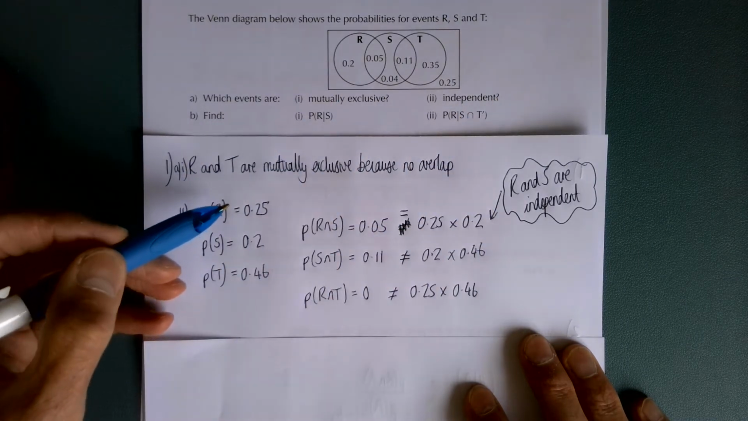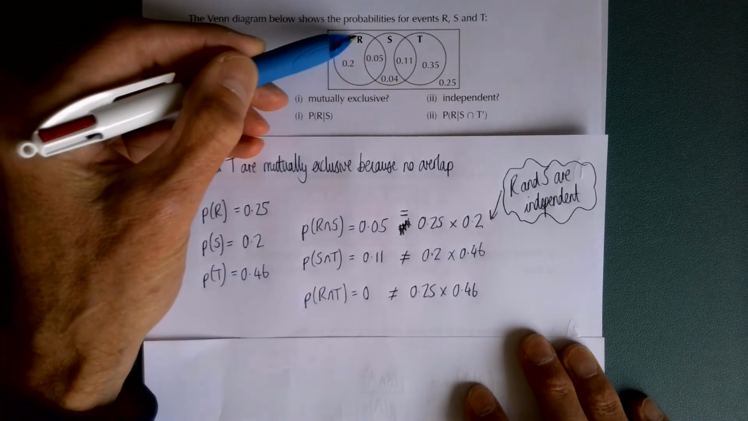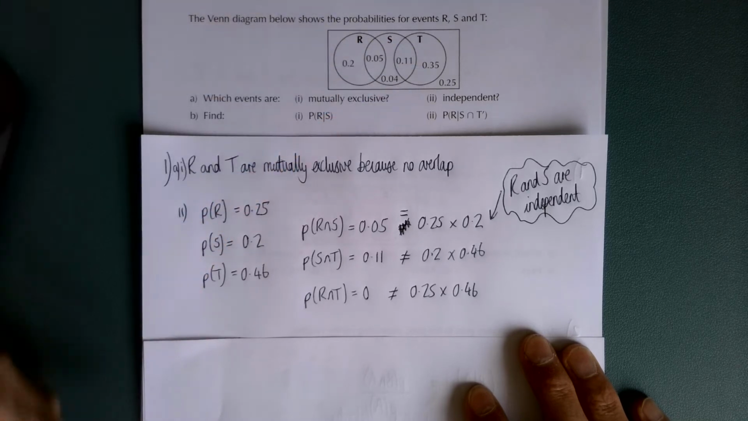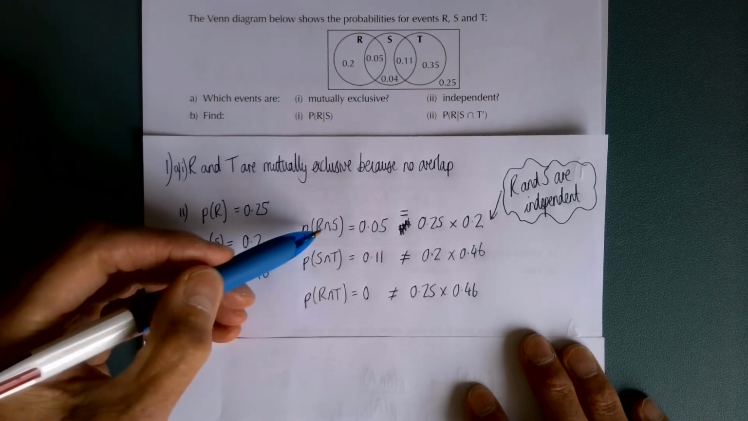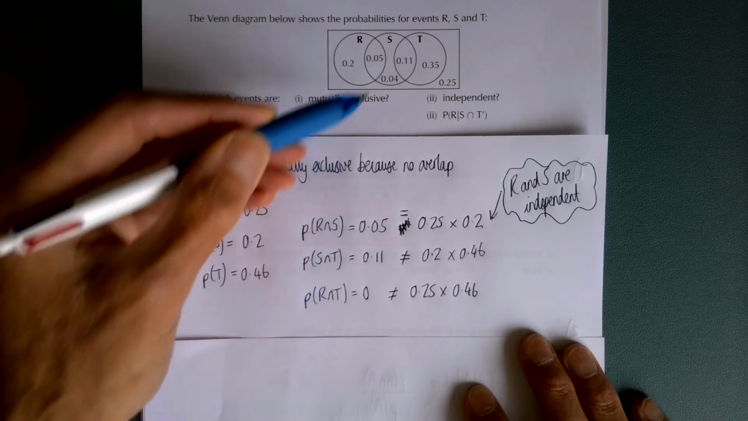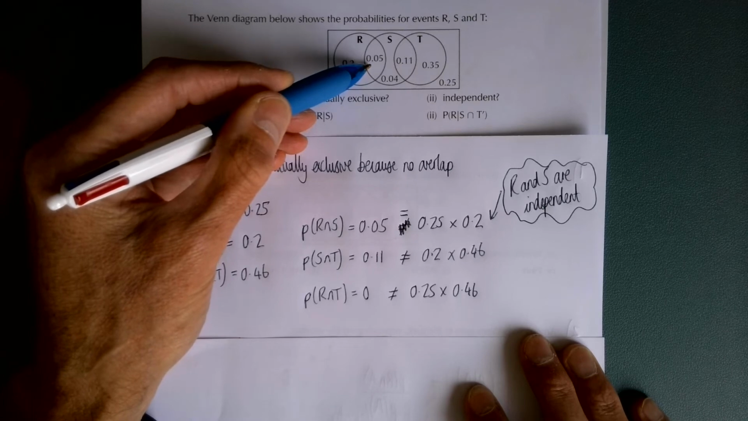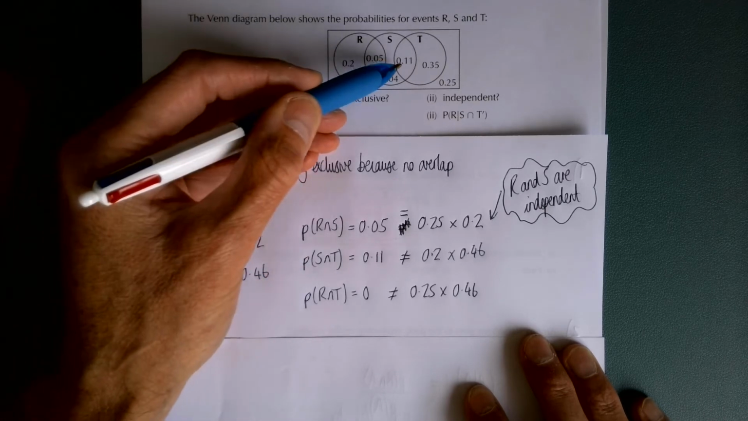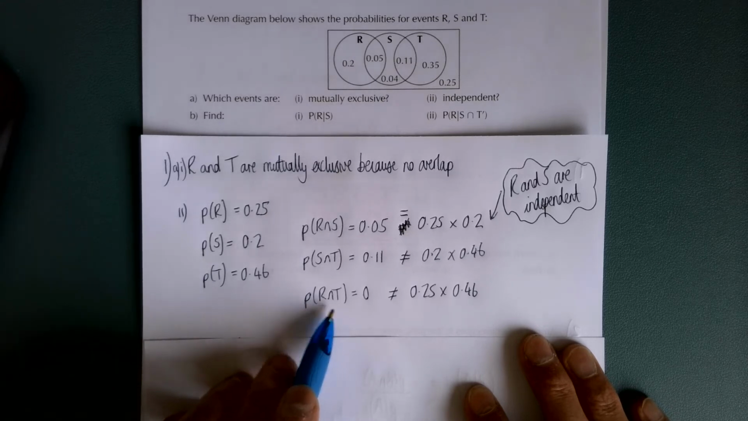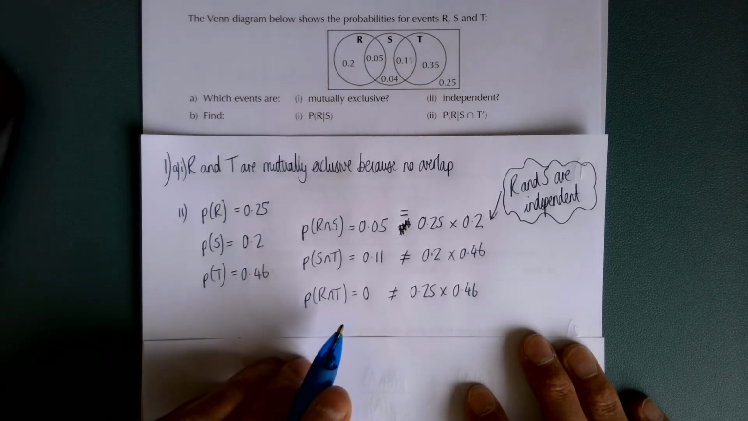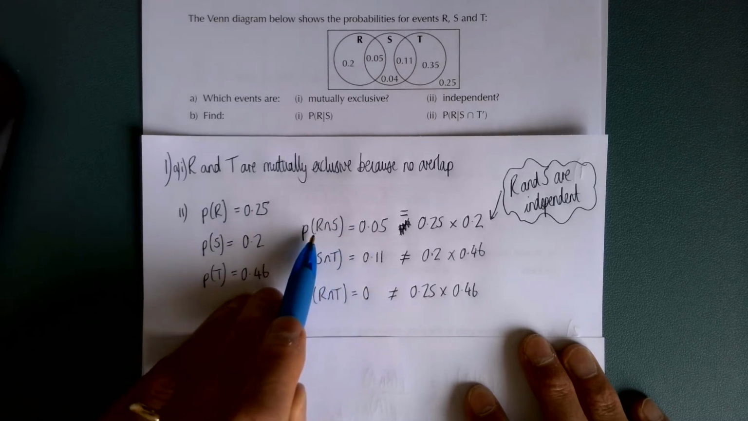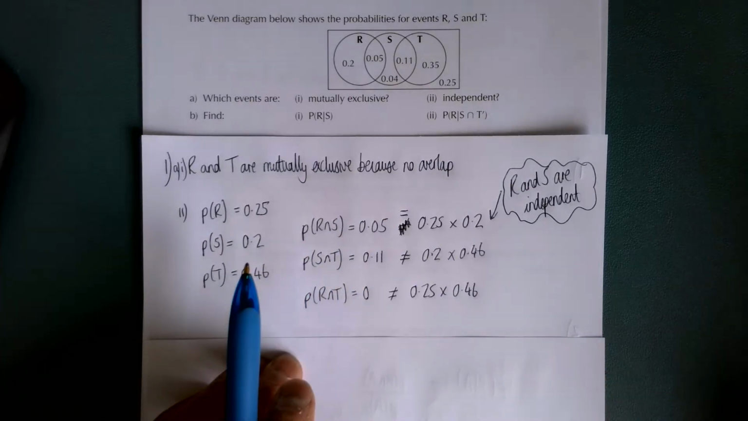So I wrote down the probabilities of R, S, and T. Just R is everything in the R circle, S is everything in the S circle, T is everything in the T circle. And then I wrote down the probability of the three intersections. So R intersection S is 0.05, S intersection T, 0.11, and of course R intersection T is 0, they don't overlap. I then checked if that was the same as the two separate probabilities multiplied together, remembering that independence